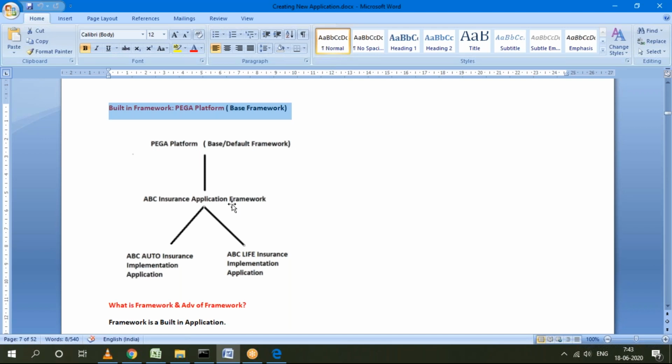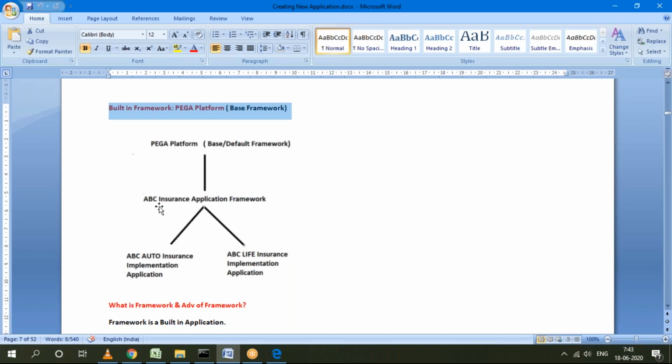In Pega, many predefined rules are there, and user-defined rules will be created. Predefined means already provided by Pega. User-defined means those we create manually as a developer. See, one framework is already there; under that we need to create one user-defined framework.